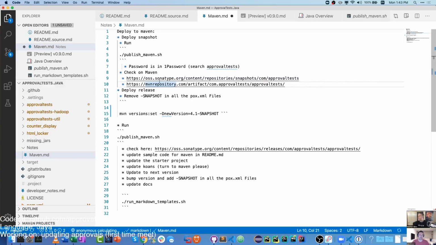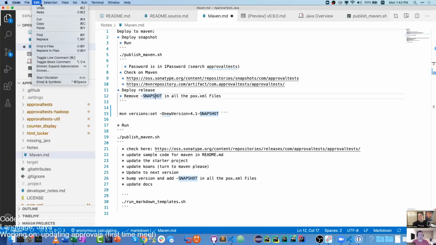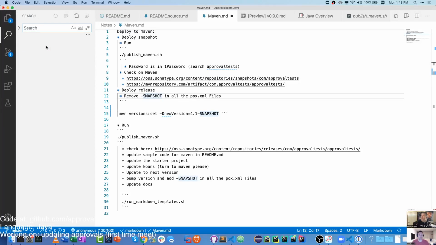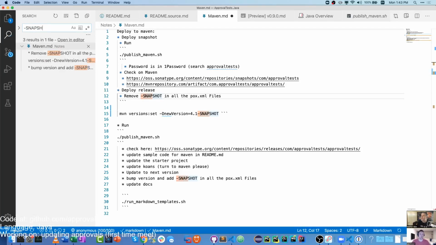My own documentation, and I'm not doing it. Okay, so I got the 1Password. I did this. I hit the deploy release, but I don't think I've taken care of snapshot in the POM files. So file, search, edit, find in files, replace in files, and find in files. Dash snapshot.